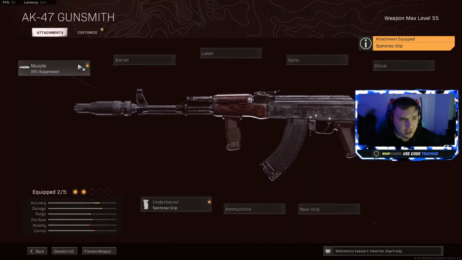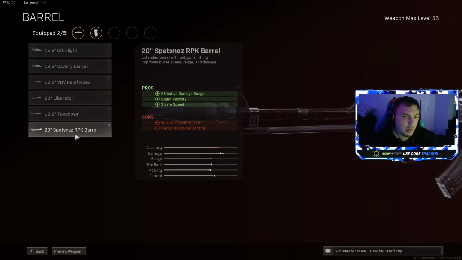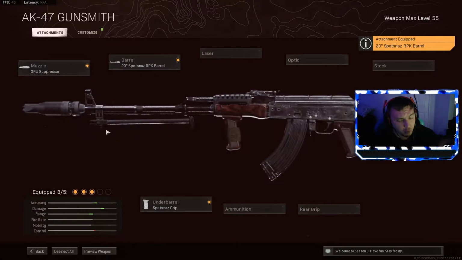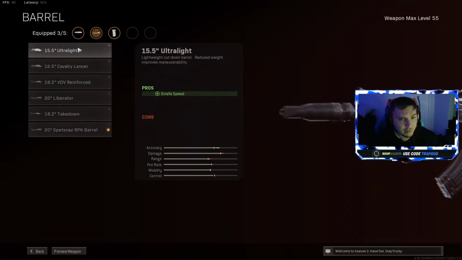Obviously, first things first, Groove Suppressor, Field Agent. With the Cold War weapons, you want to use the RPK barrel because it gives you sprint speed, bullet velocity, and range, while only affecting your vertical recoil, which they improve the recoil of the AK, so definitely not noticeable. If you want to use this as an SMG, I would definitely recommend the ultralight barrel because it doesn't have an effect on your recoil while still improving your sprint speed if you want to use it as an SMG,